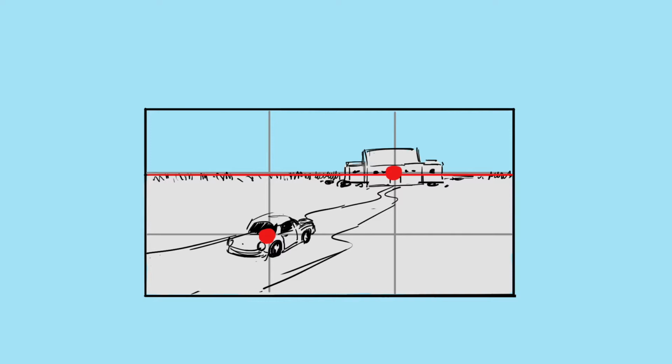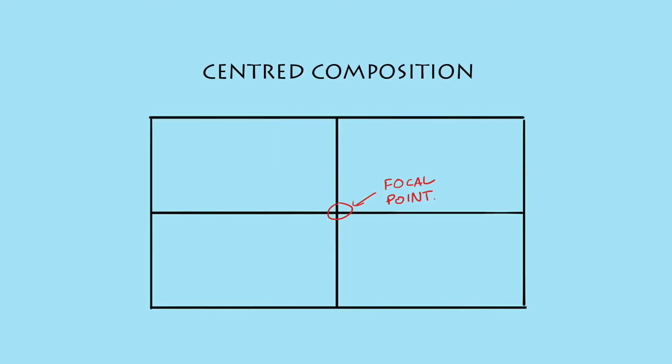We have the car on one of the grid points, and then we have the house on the grid points, because there are two focal points of the scene, right? The car and the house. Now we're gonna move on to another composition tool, or another way of composing a scene,